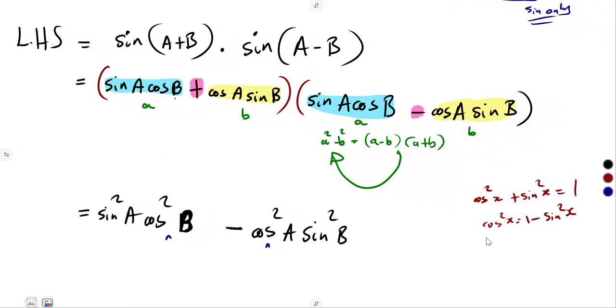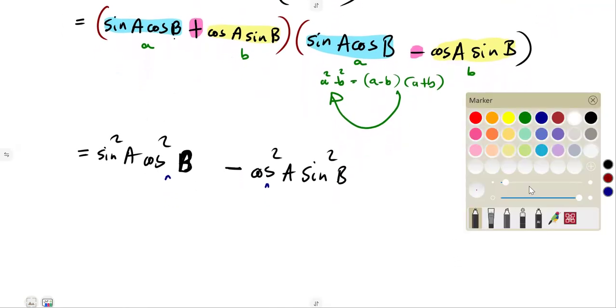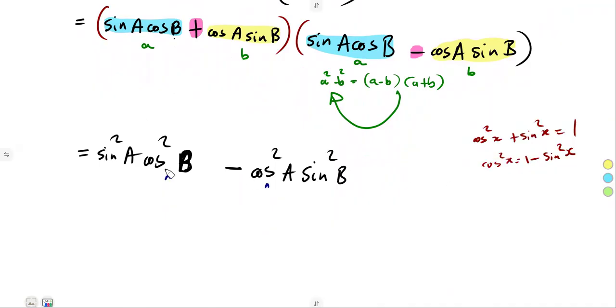When it is a sine squared, the same thing. But in our case, we do not need to change a sine. We need to change a cos. So we are going to replace these, cos squared of B, cos squared of A,